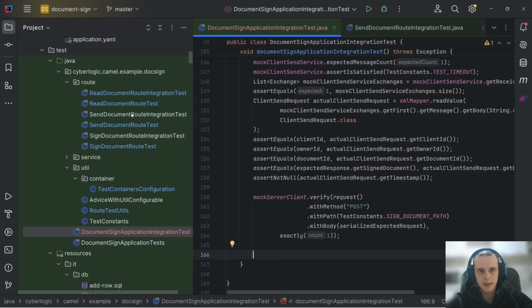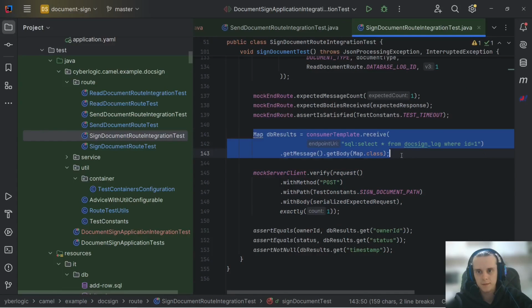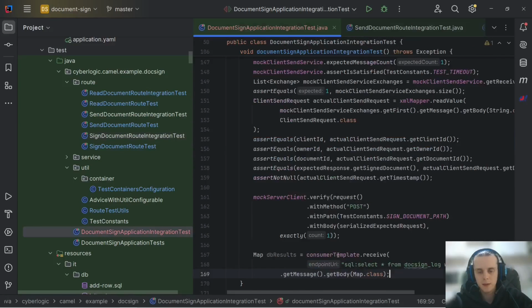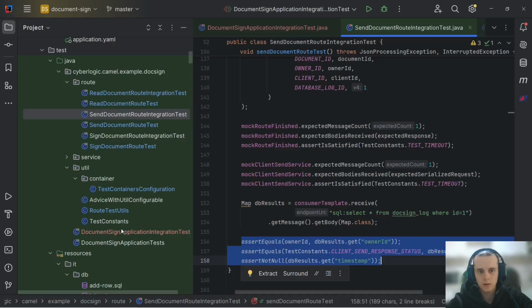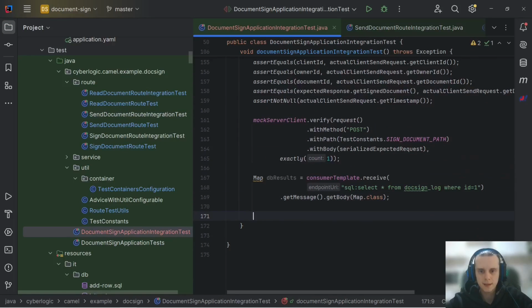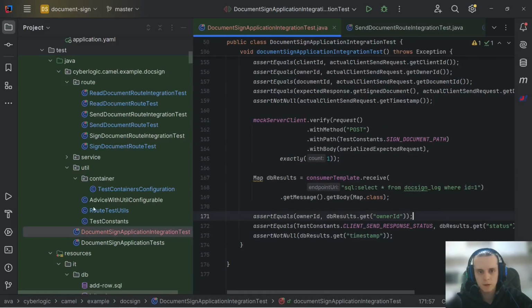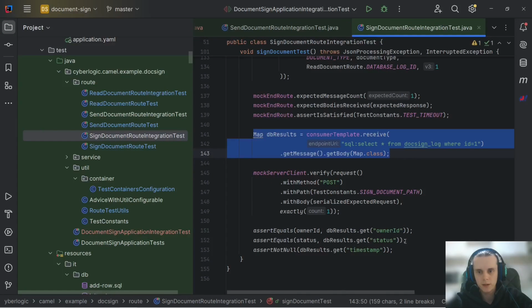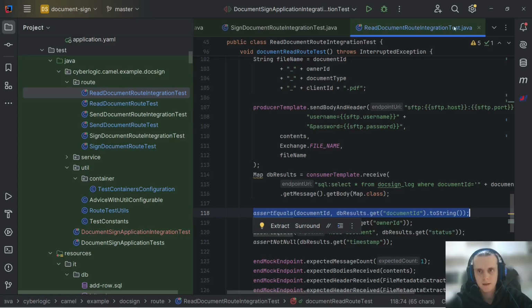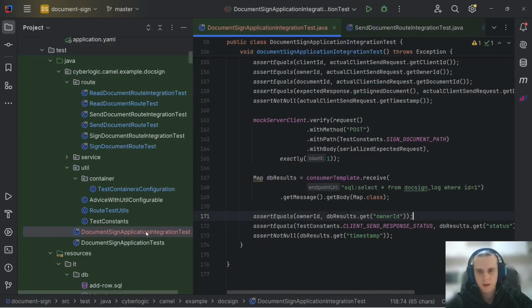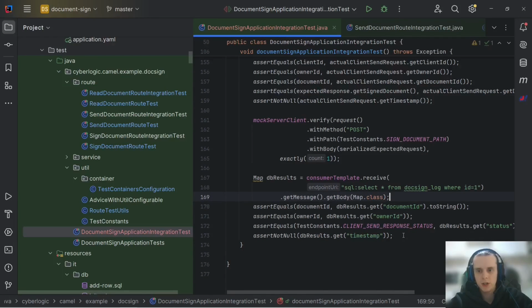And it's the same with the database results. We can acquire them and then check that all fields are set correctly. And of course, apart from owner ID, we need to check a document ID. So let's do that. And after we've checked our log in the database, the last thing that we need to check